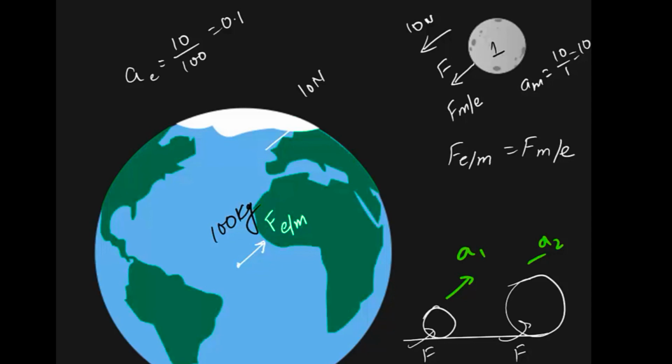But it doesn't mean that the moon does not have any effect on the Earth. In fact, if you go to higher classes, you'll see that on the line joining the centers of these two bodies, there's a point about which both of them revolve, but that point lies inside the Earth. So the Earth kind of wobbles because of the moon's force on the Earth. This point we call the center of mass, which you'll learn in higher classes. So I hope